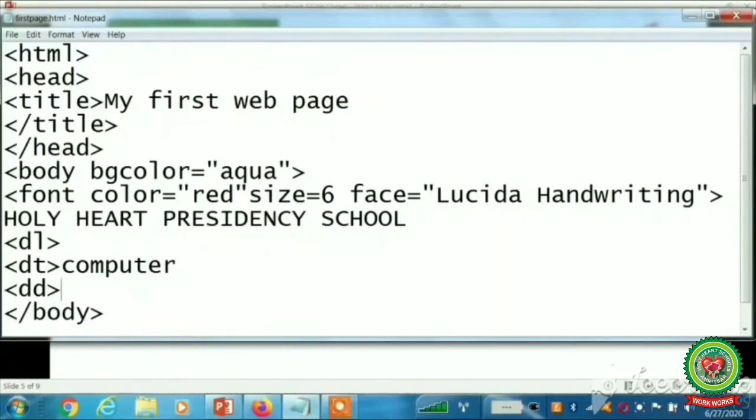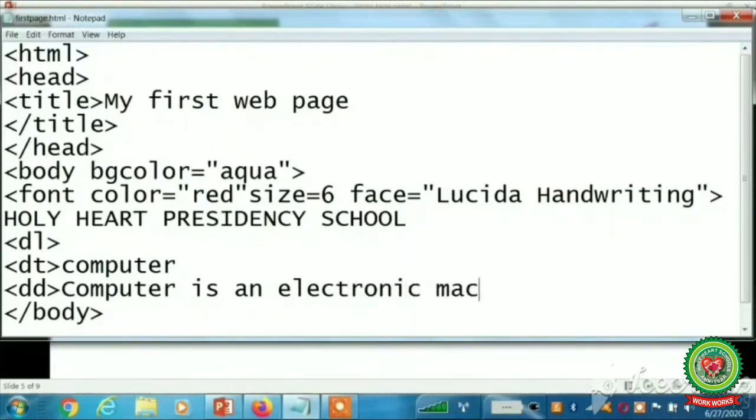and here we will write the definition of computer, that is computer is an electronic machine. You can write any definition with the help of these tags, and at the end you will close the DL tag.